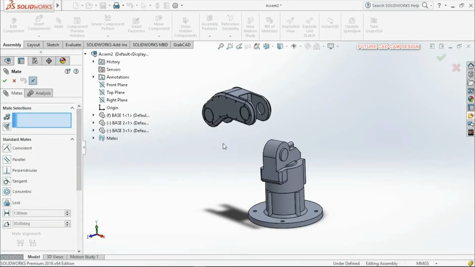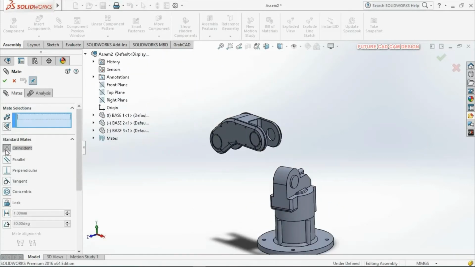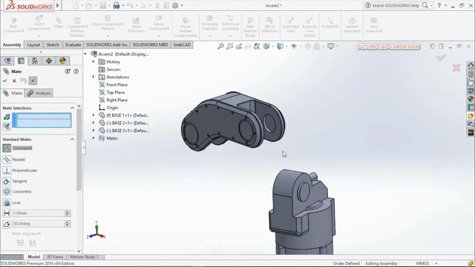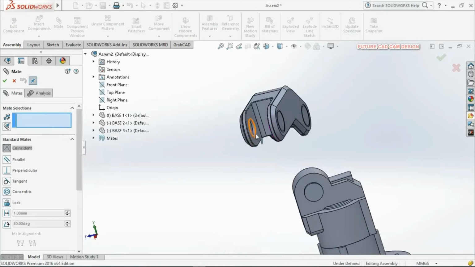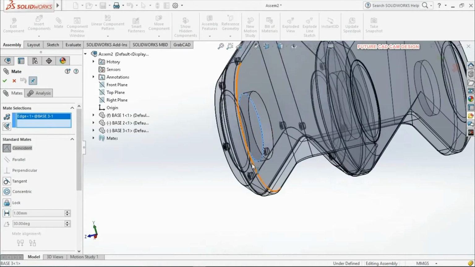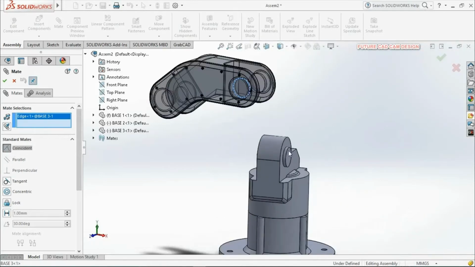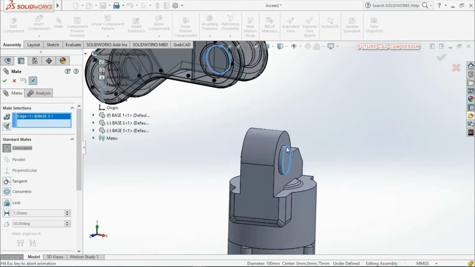For this model also I am going to use the coincident option. So click on coincident and mate selection. We need to select the two edges which need to be coincident. So here I am going to select this inner edge of part number 3, and here the outer edge.